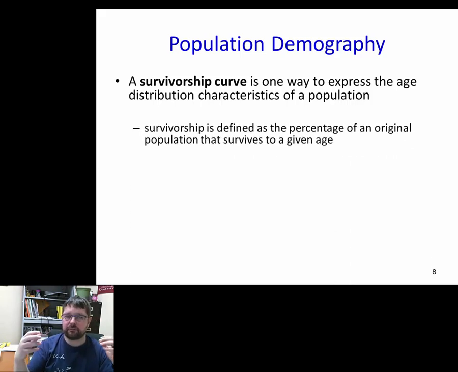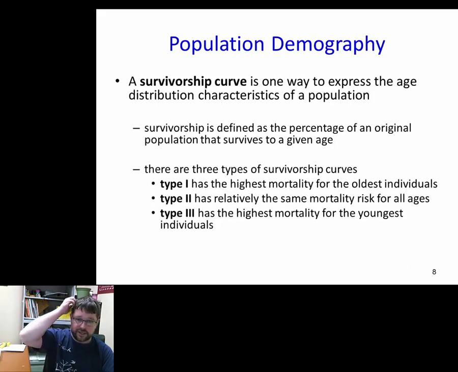And really it's just determining, at different age classifications, young, middle age, old age, what's your likelihood of dying, okay? Or what's the likelihood of surviving? For different species, a different percent of the population will survive those events, and that's how we calculate the curve. Okay? So again, 3 type curves. Type 1,